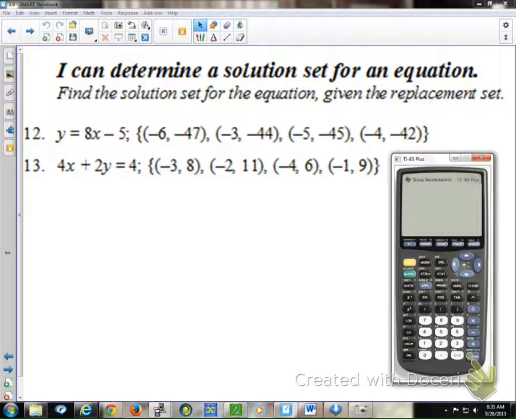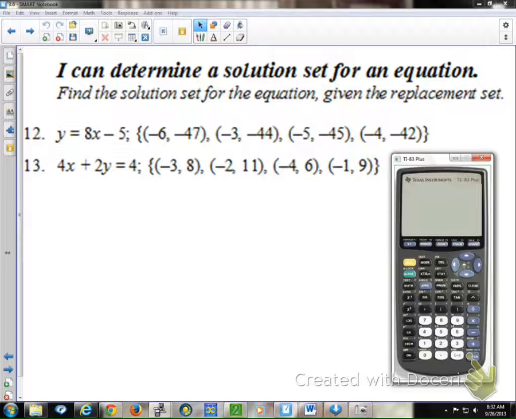Now, why can't we do that with the second one? Because the y is not by itself. So you could just plug these numbers in, as you could in the last one, or you could solve for y and then do it in the calculator again. That may seem like more trouble, but once you get used to these calculators, it's actually not going to be bad at all. You can let us do this on the test. Sure, you always have calculators to use on the tests. Well, not always, but most of the time.